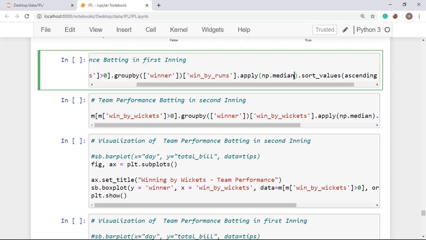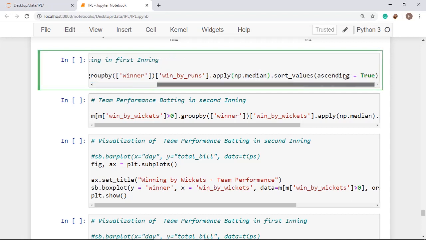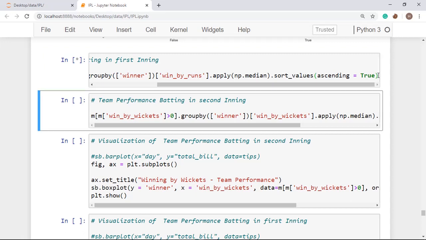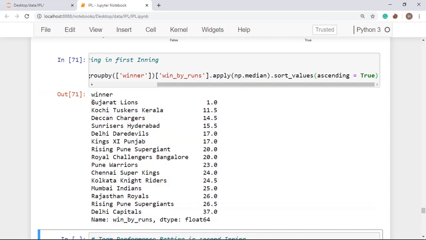This means we are going to apply median so that we can get the median of particular match winning conditions. When they are batting first, what is the condition for their match winning? And for sorting values, I am using just ascending true, which means this will apply in descending order. So see here, Gujarat Lions has